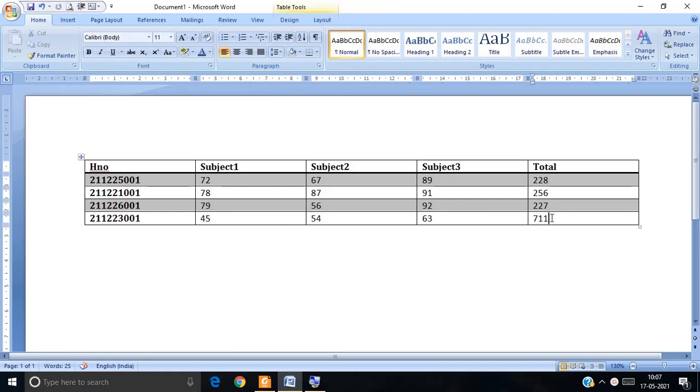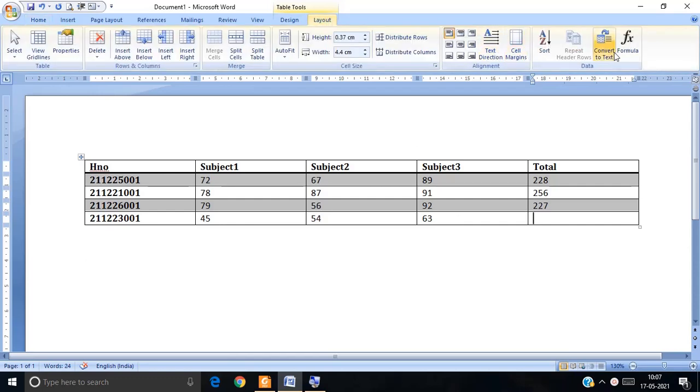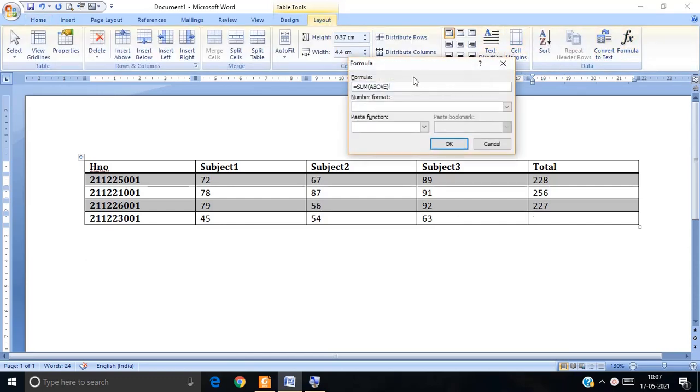So when you give the formula, if you want to calculate these three cells, for the above it will calculate those three options.